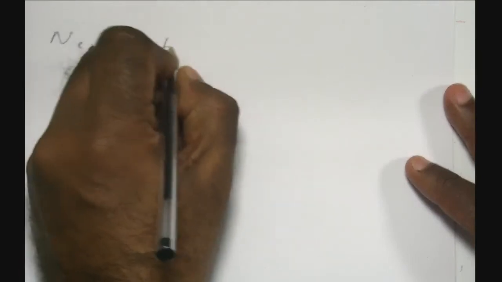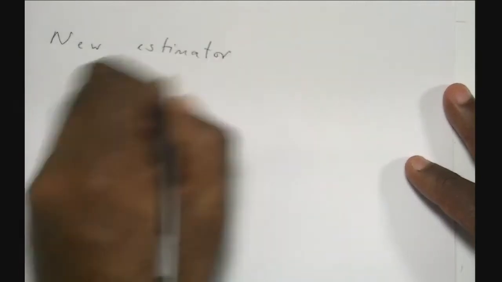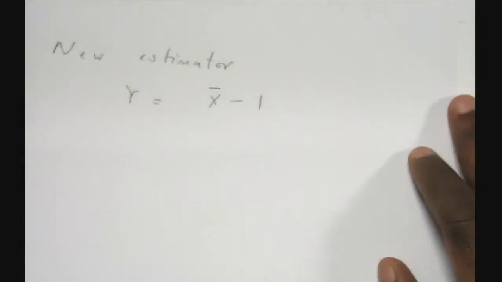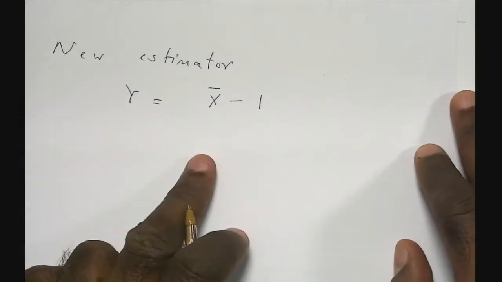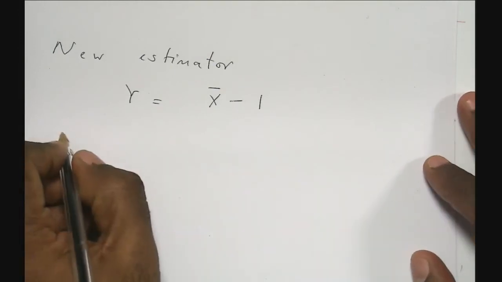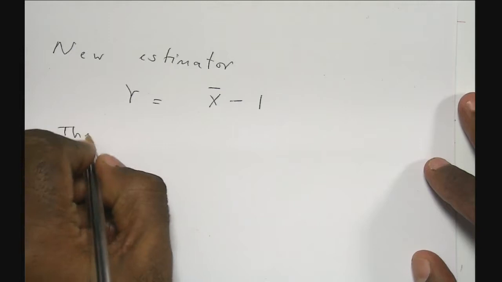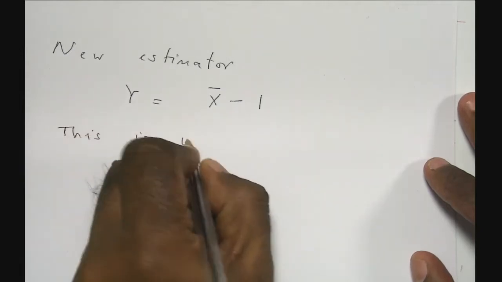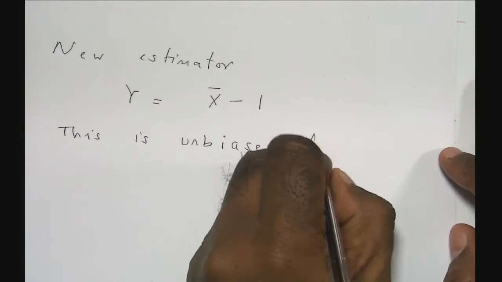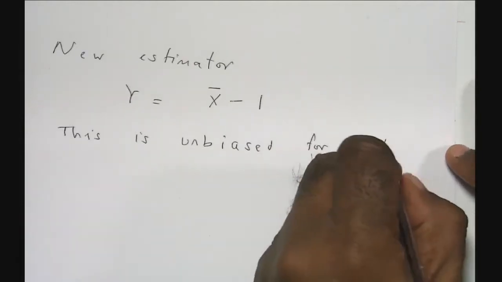What you do is you define a new estimator, say y equal to x bar minus 1, right? And this new estimator will be unbiased for delta, because this is unbiased for delta, because